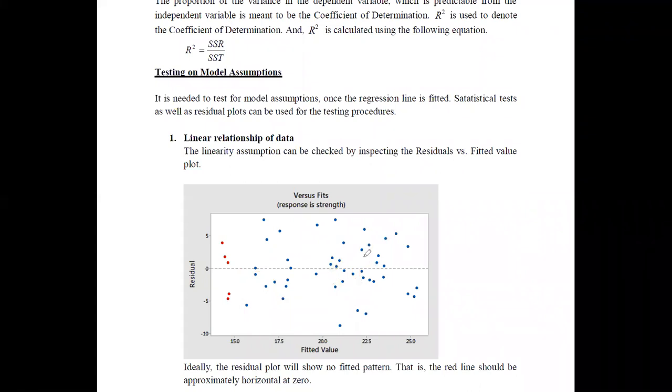Therefore, you can say that since the points are random, this set of data follows the assumption of linearity. Therefore, the first assumption is not violated. And normally, when we are plotting this